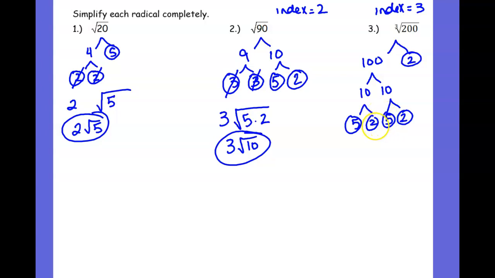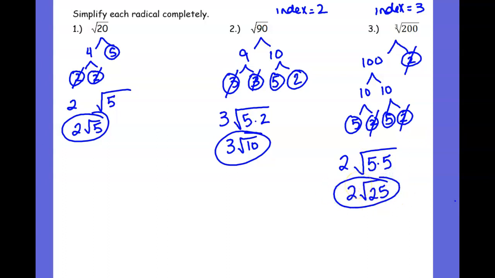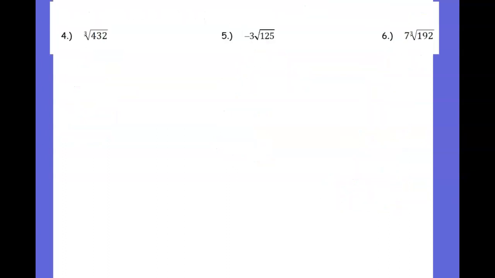Okay, so I've only got 1, 2, 3 triple 2's, so that comes outside the radical. And then what's left over are 2 5's. So 5 times 5. So this becomes 2 radical 25. Okay, so again, look at that index. If I look at number 4, again, my index is 3. Taking this step just helps kind of get your brain thinking about whether you're looking for the doubles or the